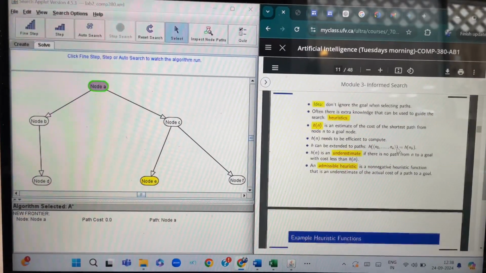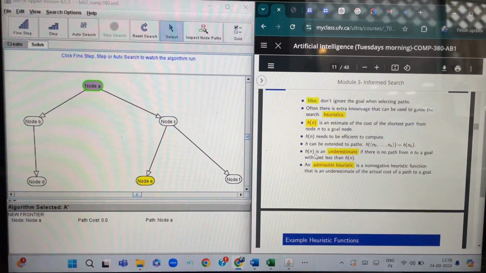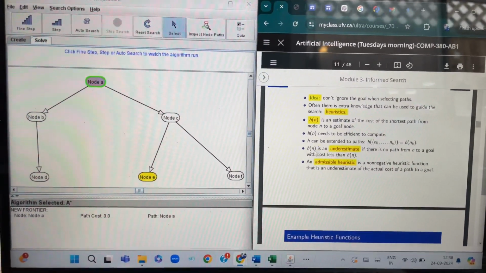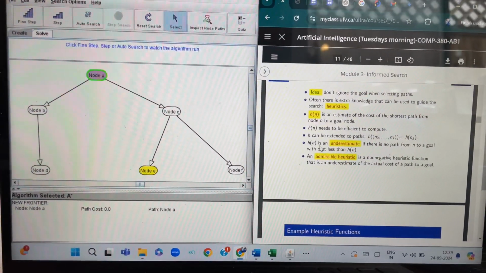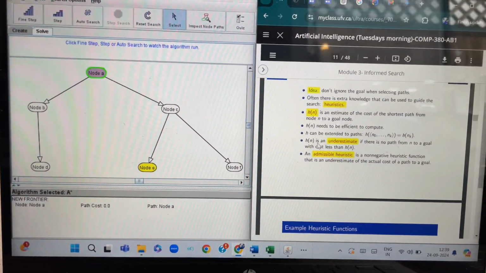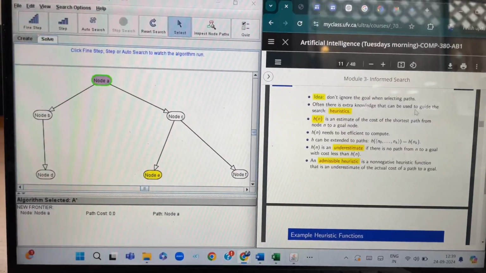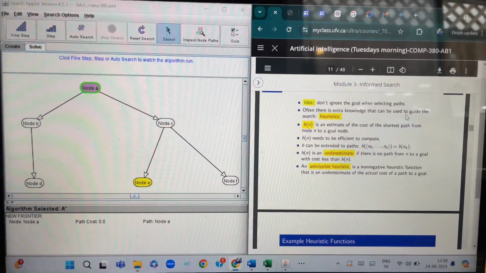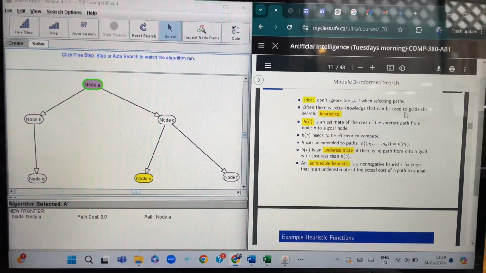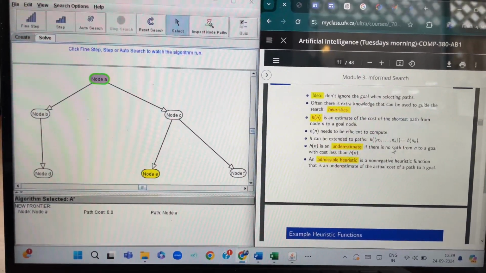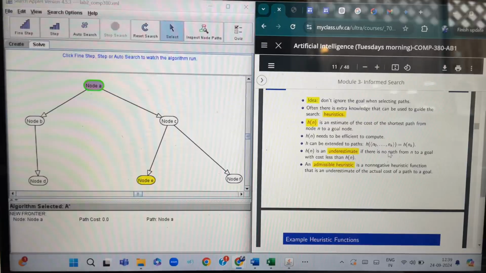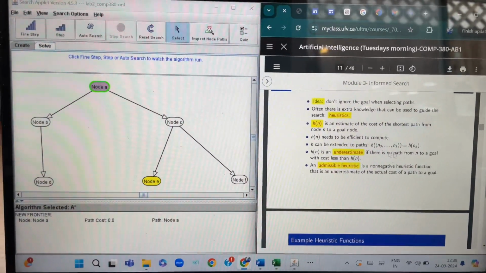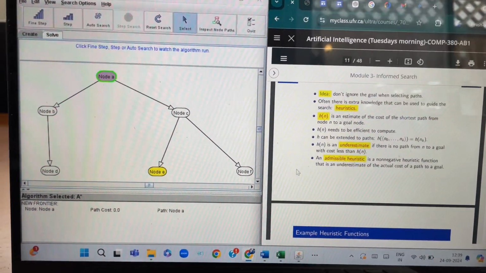So h of n is an underestimate. If there is no path from n to the goal, at that point the heuristic is admissible, and it is non-negative, and it should always be less than the actual cost to the goal node. Like for example,